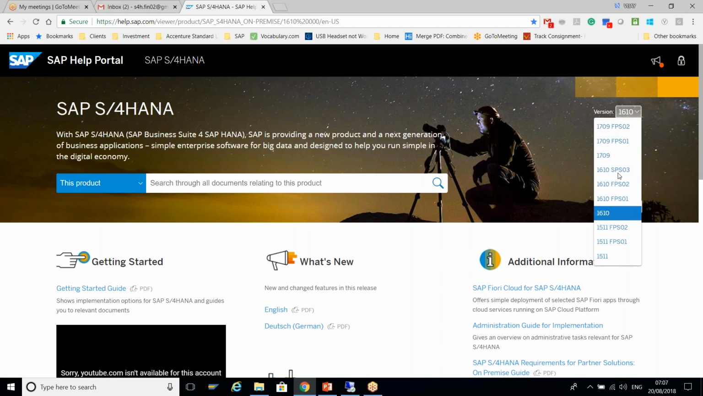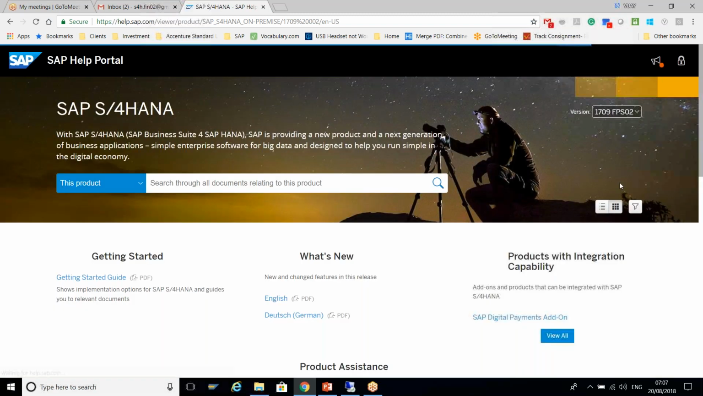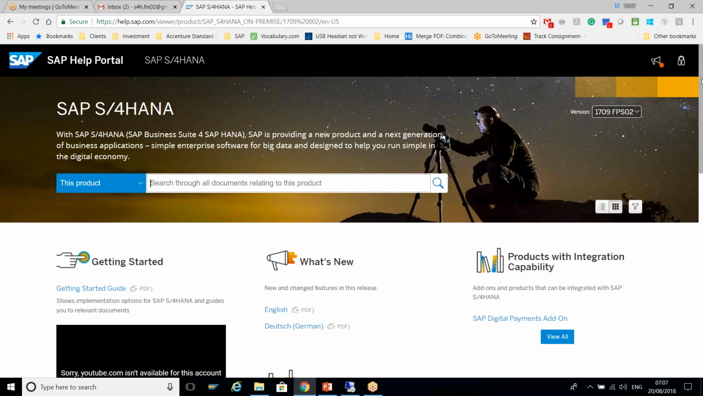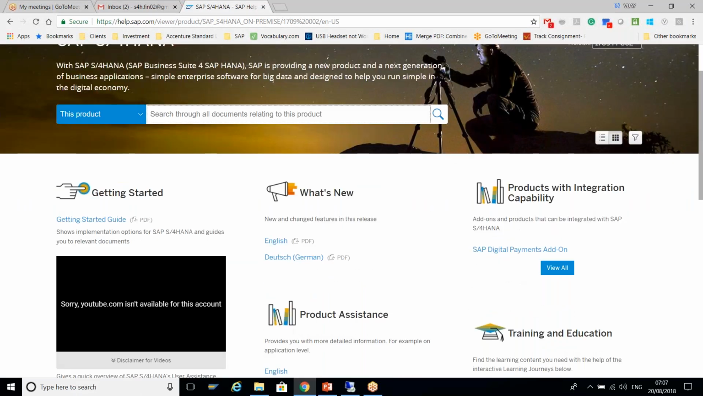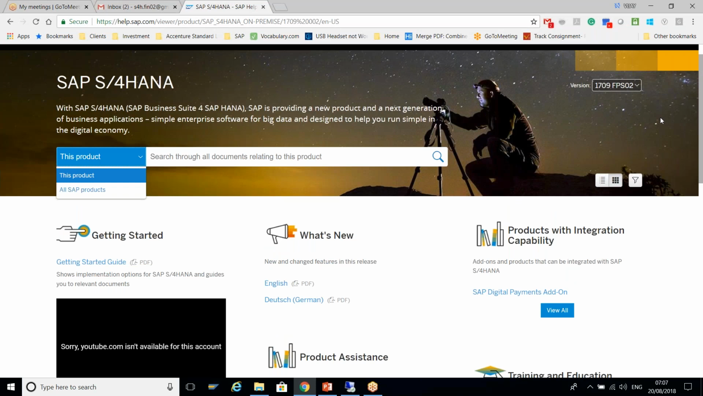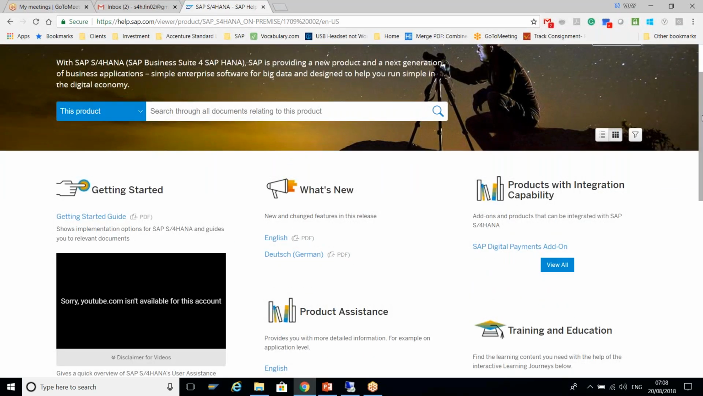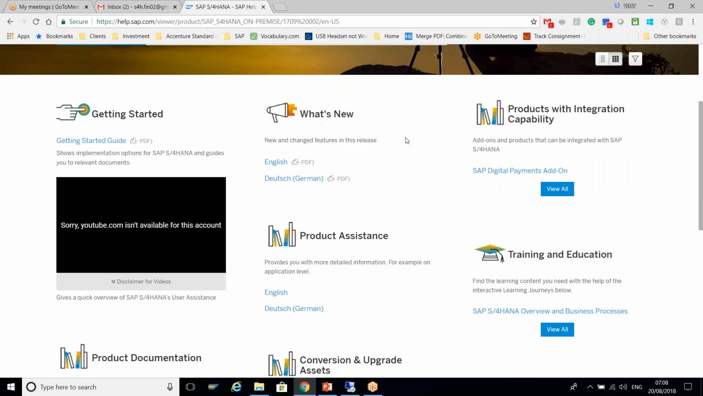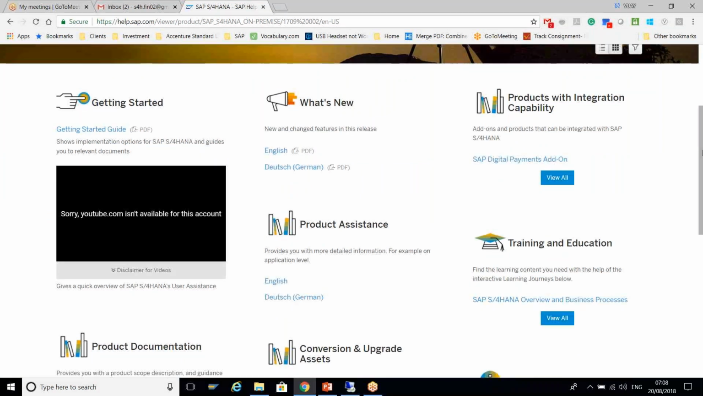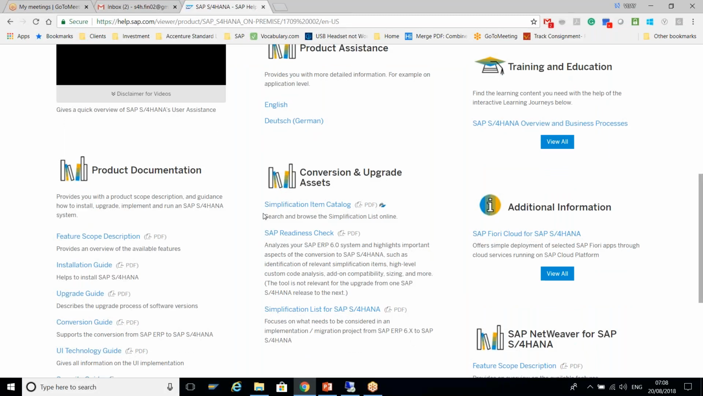It has documents right from 1511 to the latest 1709 FPS. FPS is feature package stack. When you look into this, you can search by product, or all products if you're searching for any specific product, but I generally use the version. It gives all the details that are required. It first gives you what is new across all the modules, all the domains, and all the industries. This is the simplification catalog,